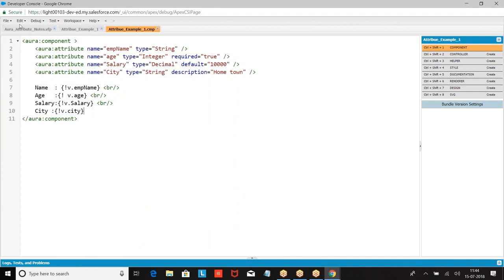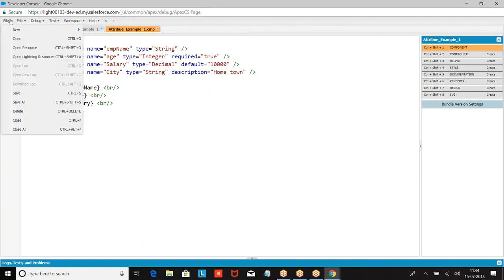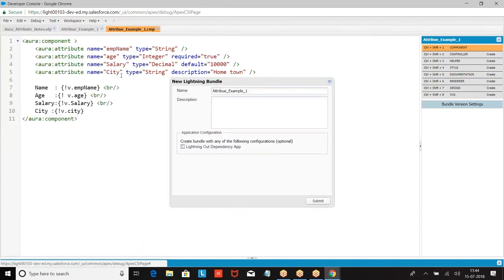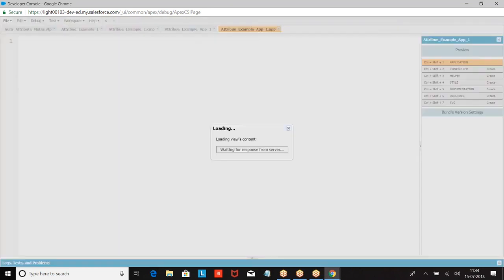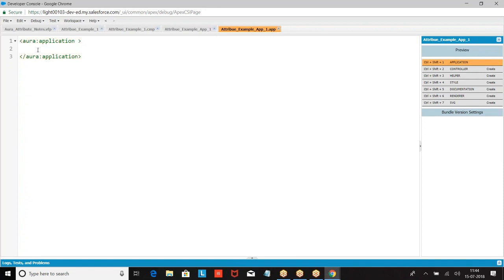Now how do you invoke it? Go to the application. Then I'm calling c colon attributeExample, empName.